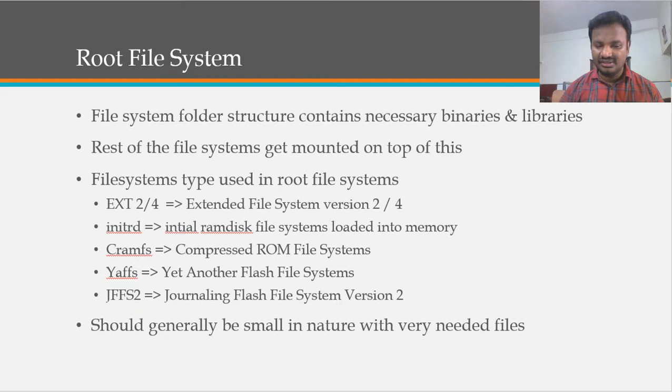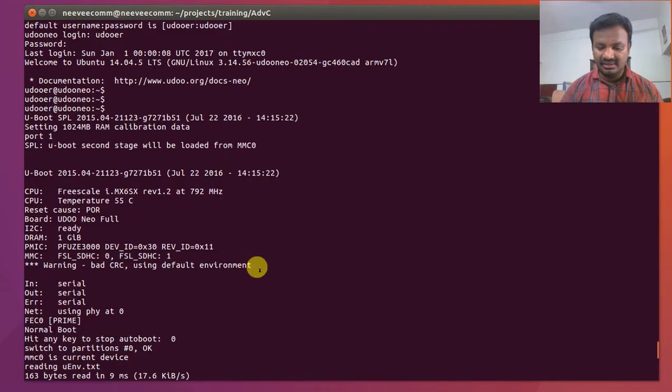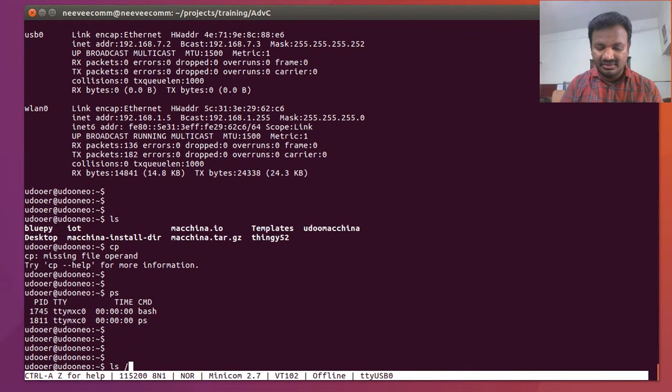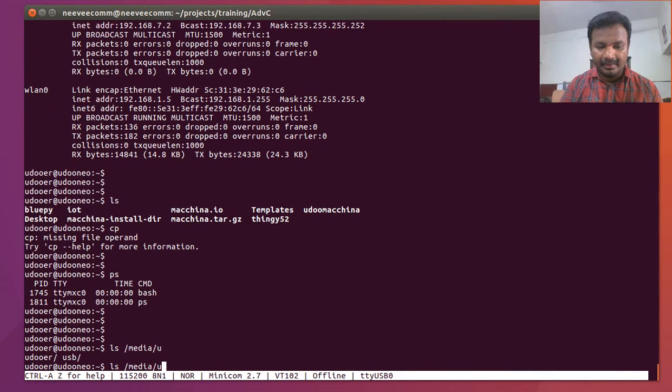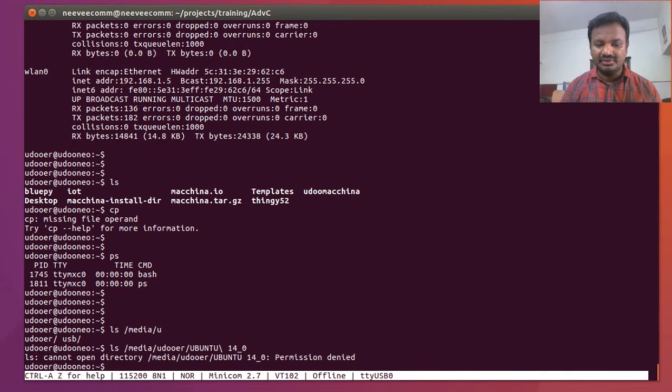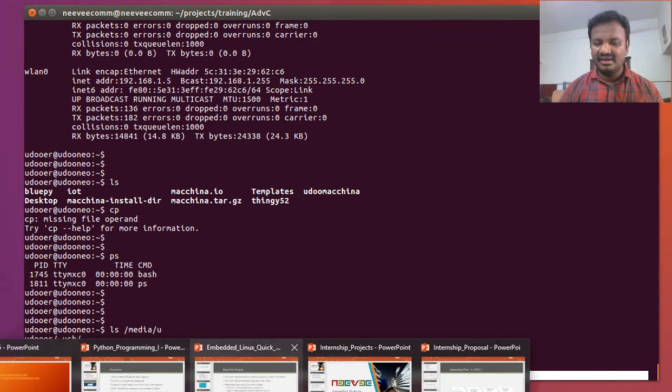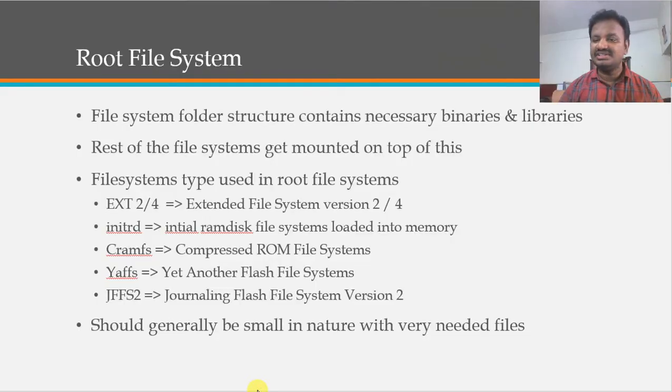For example, here we got mounted with the root file system. Now we have media, UDOO, and then Ubuntu. I connected that pen drive which contains Ubuntu. It got mounted on top of it basically here, and we have different file systems that can be used, basically ext2,